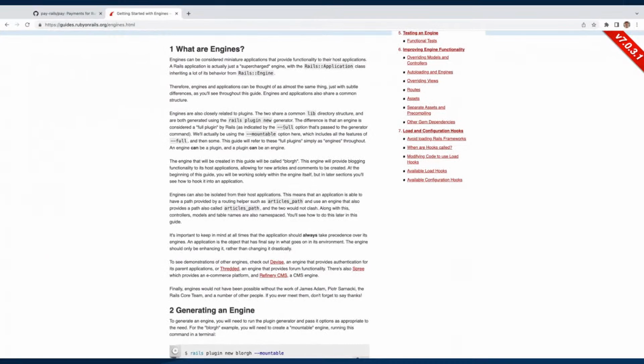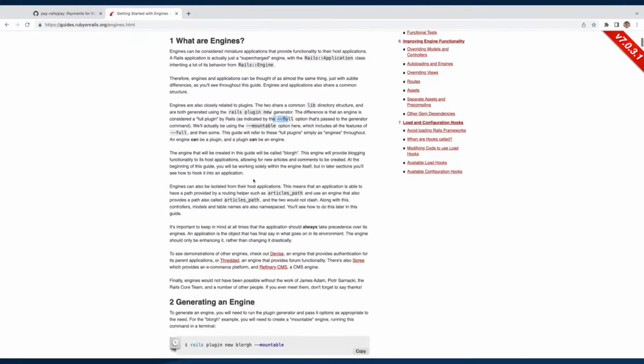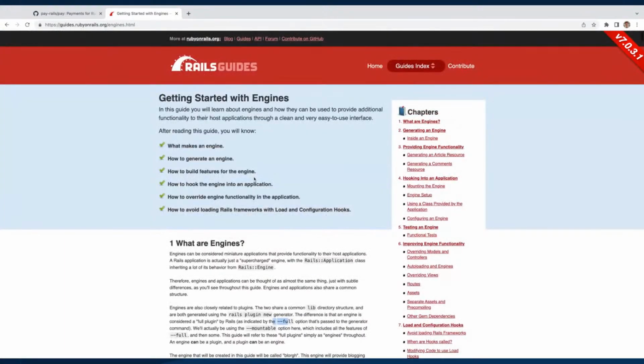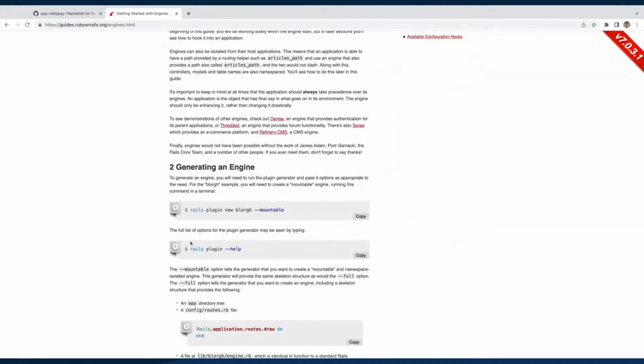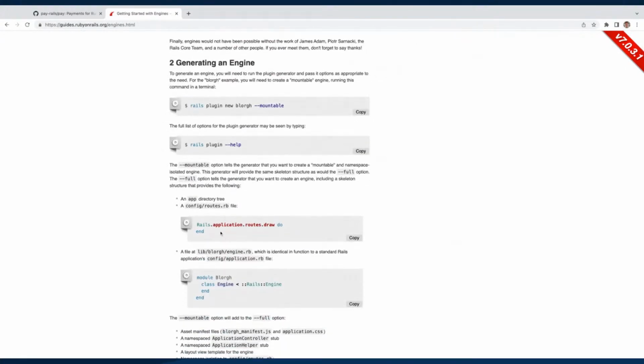There's a few different options that you can do, such as a mountable one, or a full Rails engine. And there's also another thing I should mention. There's what's called a Railtie as well, which is like a smaller engine. So the Railtie will integrate with Rails, but a Rails engine is like a miniature Rails app that you can put in any other Rails app, and the Railtie is kind of you can build a plugin to Rails without the app folder. So no routes, well, you could probably do routes if you want, but no controllers and models and things. So it's kind of a lighter weight version of that. So I would recommend checking out the guides on here for always getting the latest ones, but it's going to work very similar to a regular